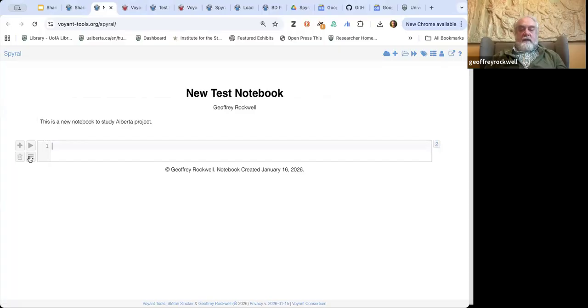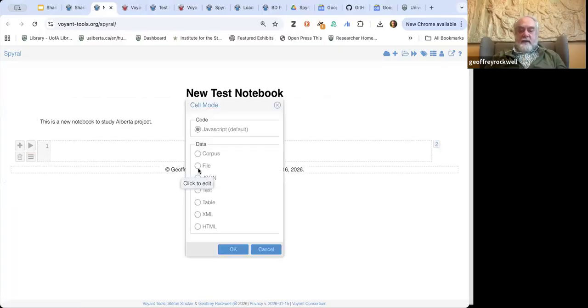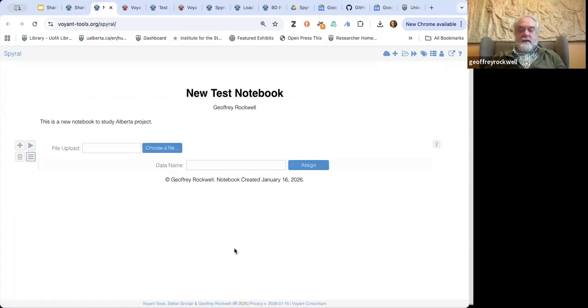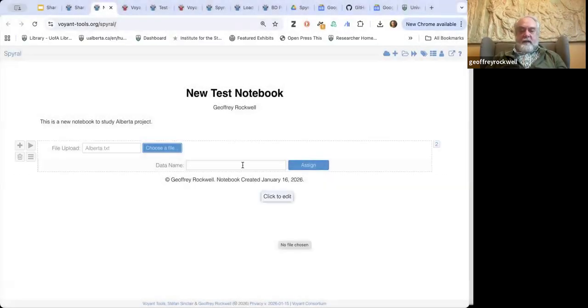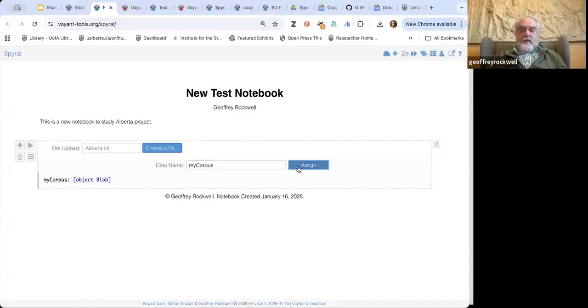What I'm going to do now is load the file. So this is something you should have just seen. I'm going to go and get that alberta.txt file. You can grab anything for your own one. You can grab a Microsoft Word file or something like that, or if you have another text file, grab something of your own that interests you. If you have a paper of your own, or some document that you're interested in studying, just don't grab anything which you wouldn't want up online. I'm going to give it a data name, my corpus. I'm going to assign that,